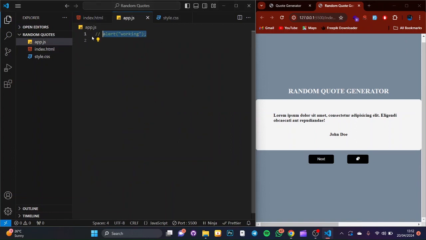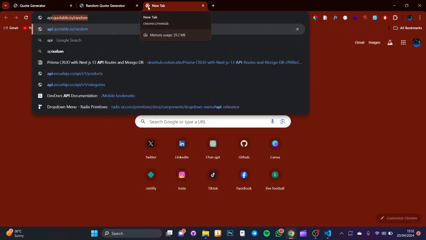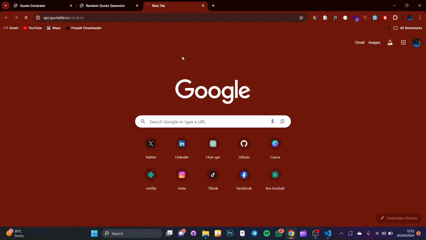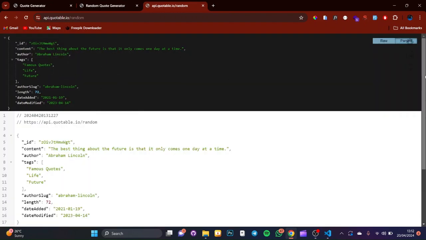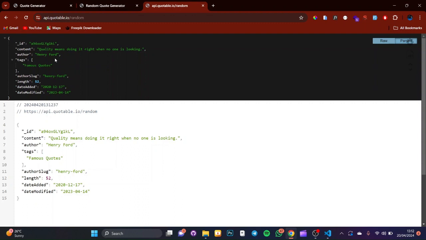We are going to first call our API. Our API is found here. We have something like quotable_quotes.io, and as you can see, it generates randomly. When we refresh, you see we refresh again. Henry Ford, the author: "Quality means doing it right when no one is looking." So with this we can copy this